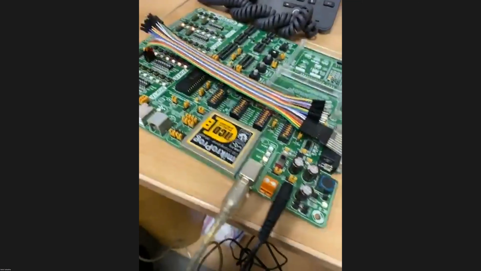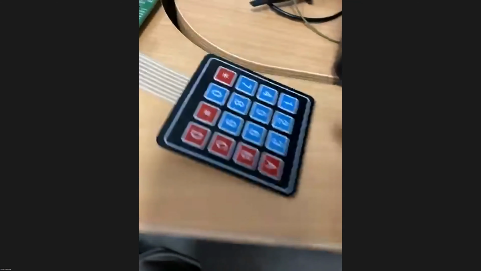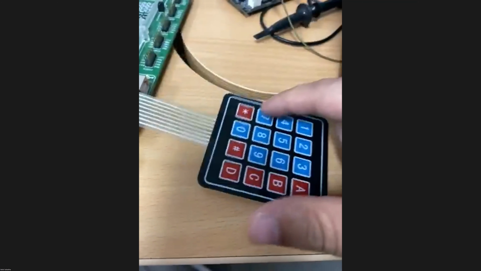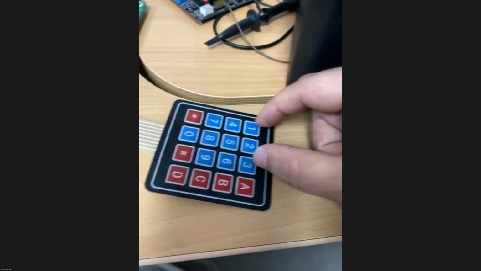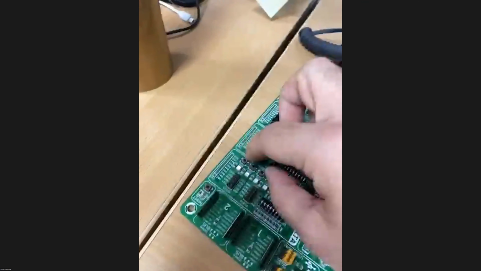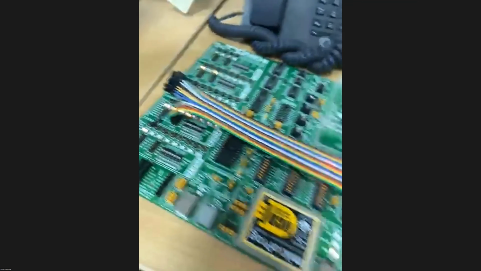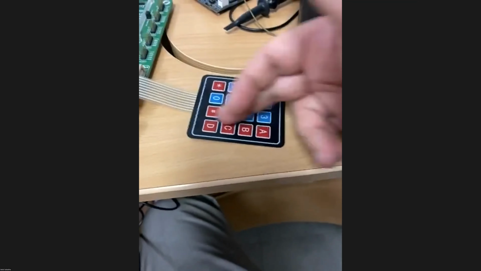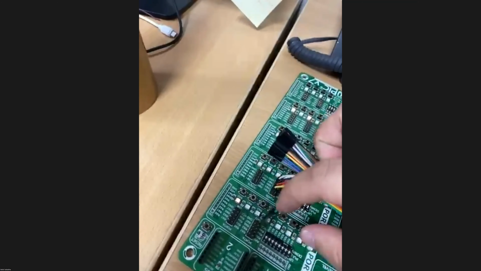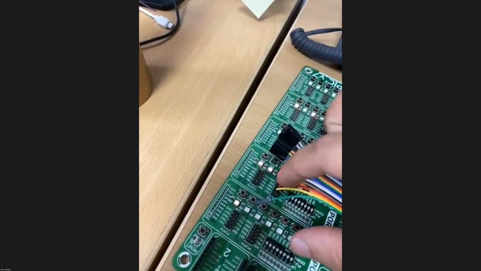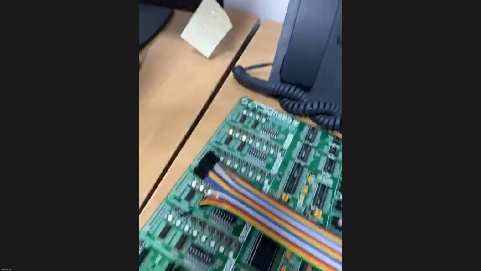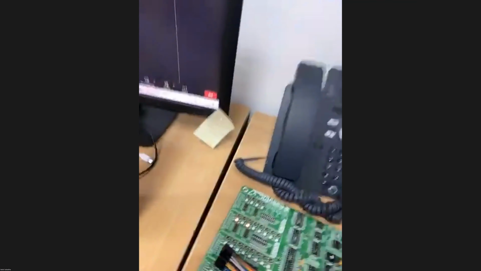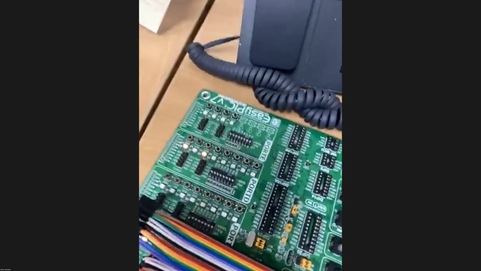So here is my board. Here's the keypad. It's a 4x4, but I used the first 3 columns. So I ignored the first wire, to ignore this column. So I start from the second, port B1, port B2, port B3, then to 7. Okay. My code has